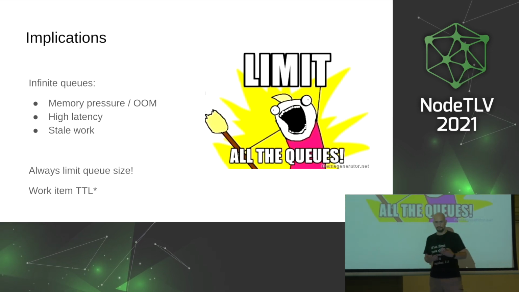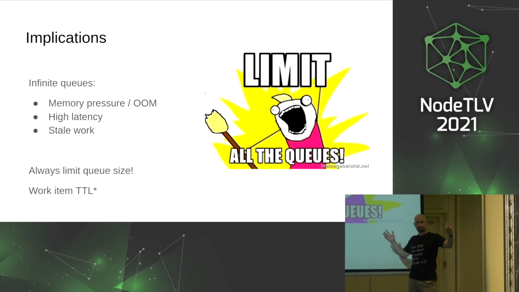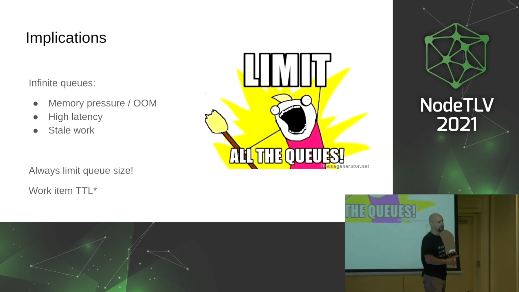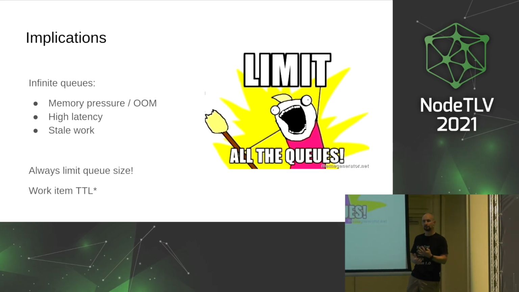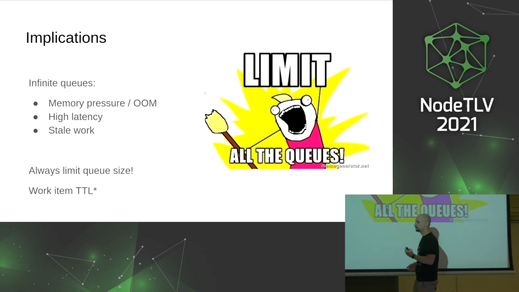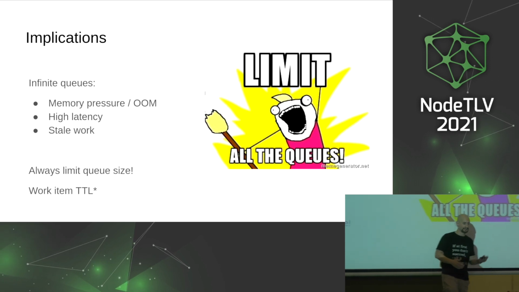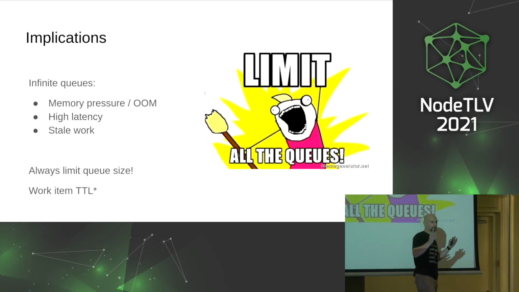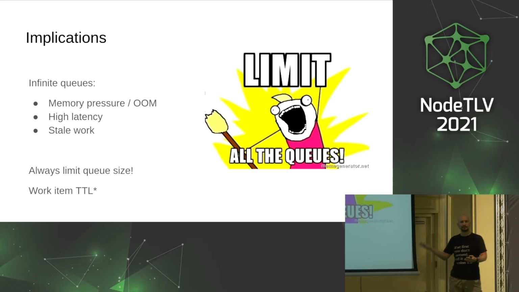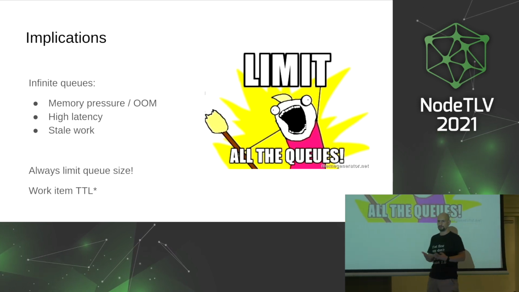What happens when a queue starts to fill up? If we have a delay, queues start to fill up, and if they're unlimited for whatever reason, we're going to have problems, because remember, computers are not infinite. First of all, we're going to have memory pressure, because queues are basically stored in memory. And memory pressure means garbage collection, could be garbage collection storms even, could be out-of-memory errors and process crashes and stuff like that. But even before that, we're going to observe high latency as we start to drain the queue very slowly, and it takes time.